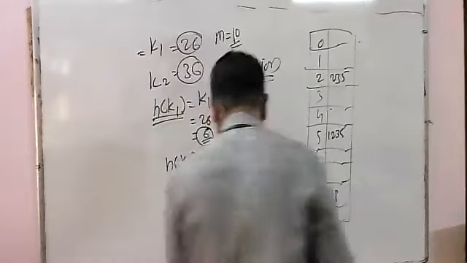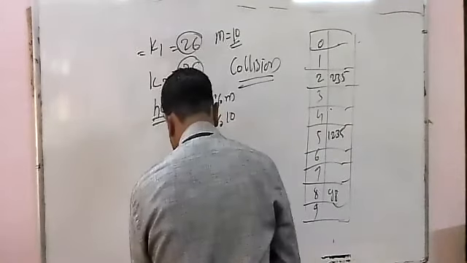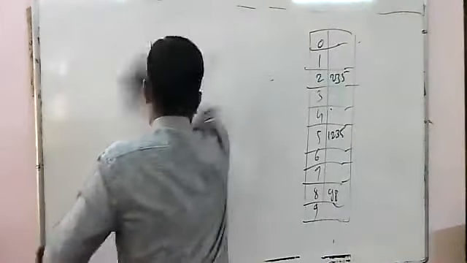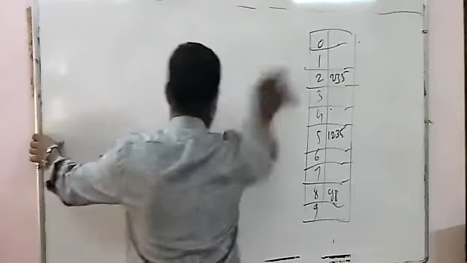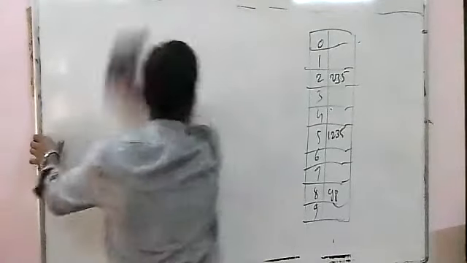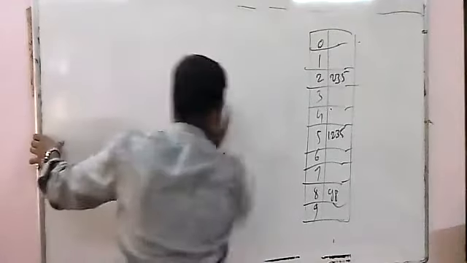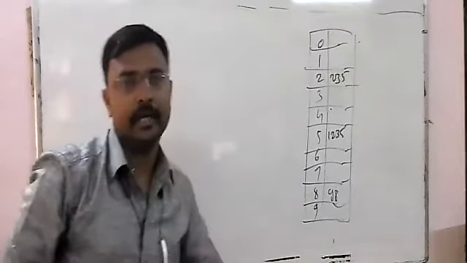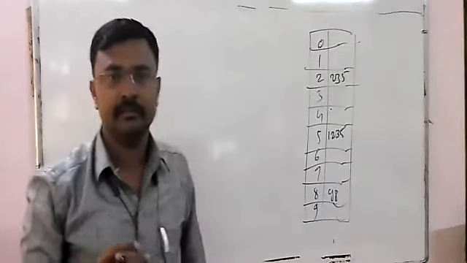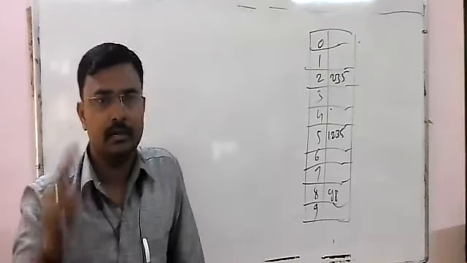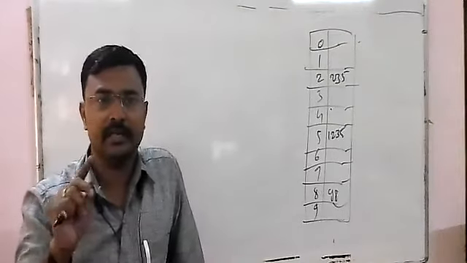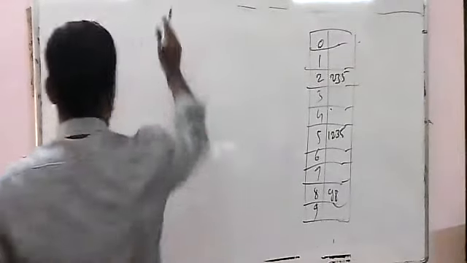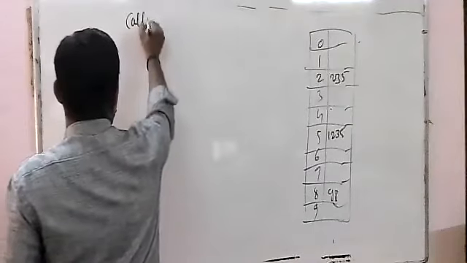Okay, and what are the techniques? So, did all of you get it? What is meant by collision? Do you all understand what is meant by collision? Yes, sir. If two values have the same hash value, a collision occurs at that place. So this collision is avoided by using